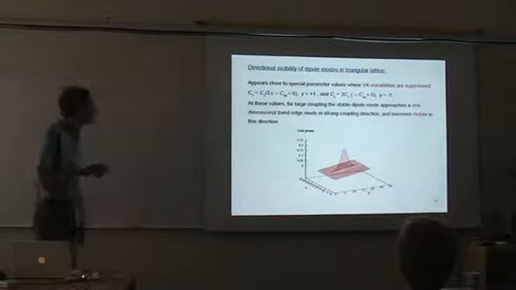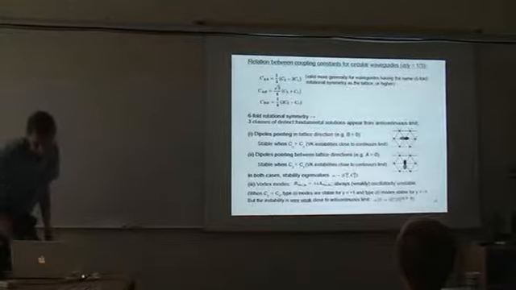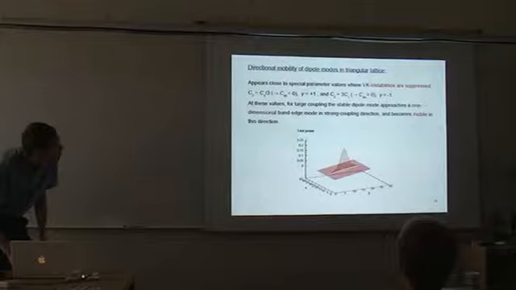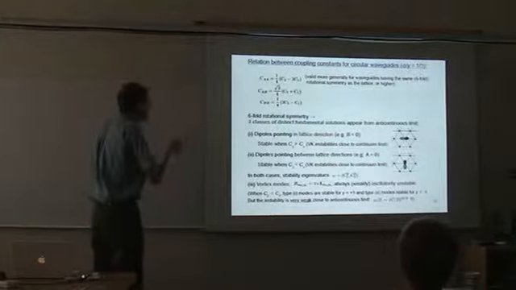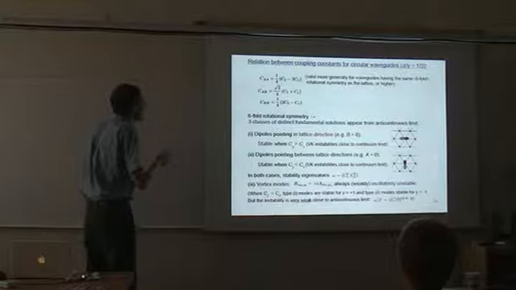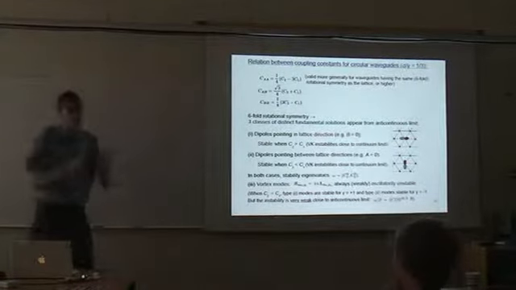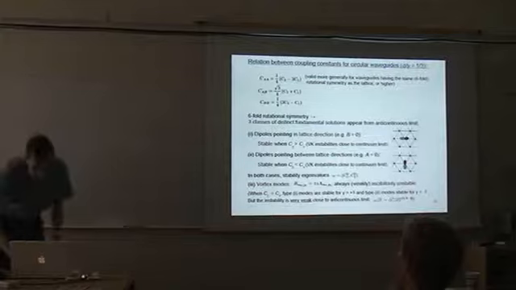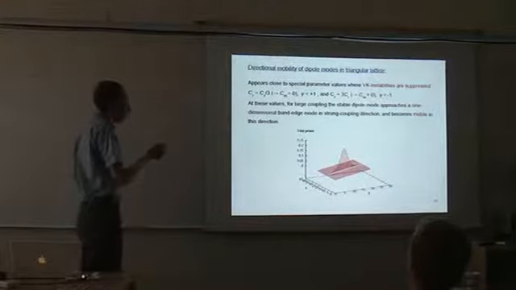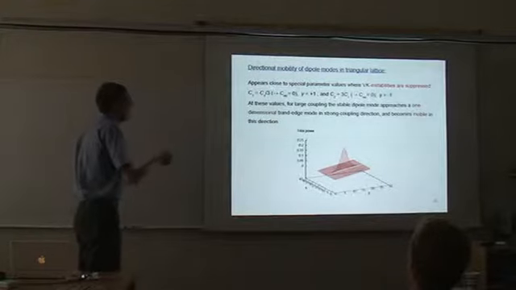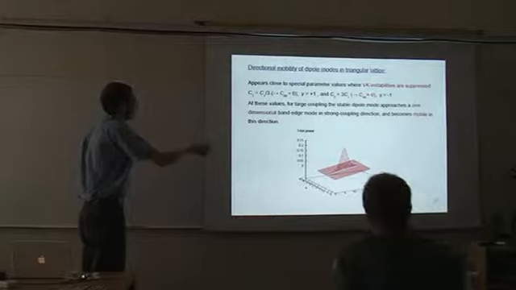Well, in fact, if you look at the parameter relations here, if you put some specific relations, for instance C2 equal to C1 over 3, then this coupling constant here will be 0. So essentially you isolate different planes in the lattice. It means that in this case you effectively have a one-dimensional situation. You also have the opposite when C2 is equal to 3C1, and then the other one will be